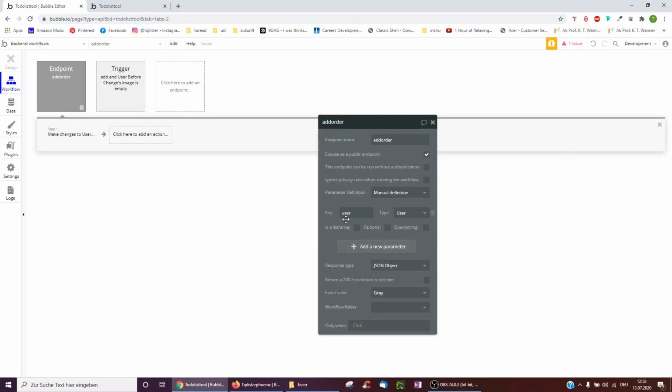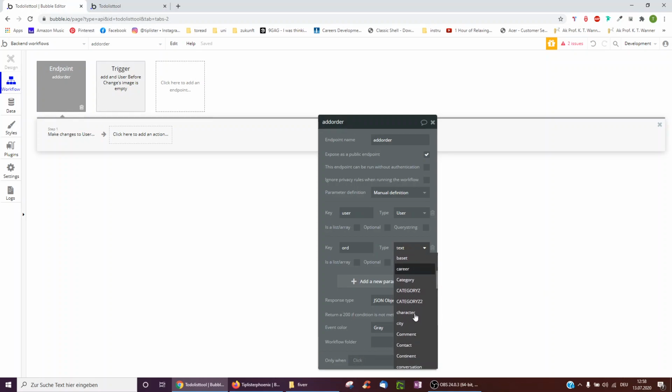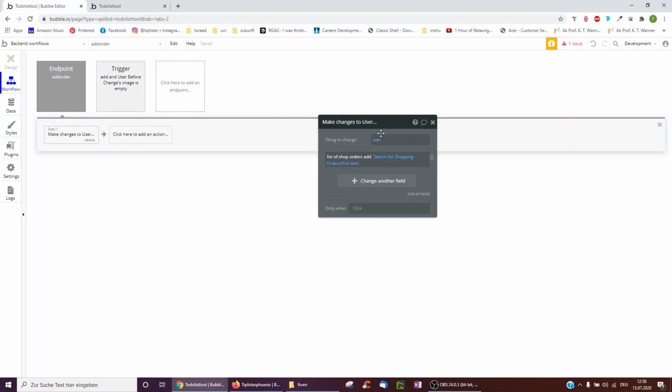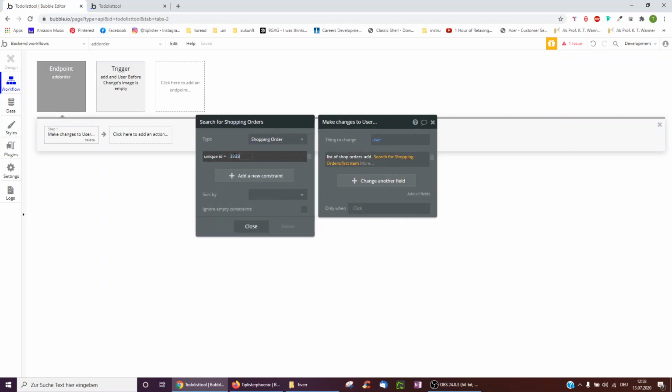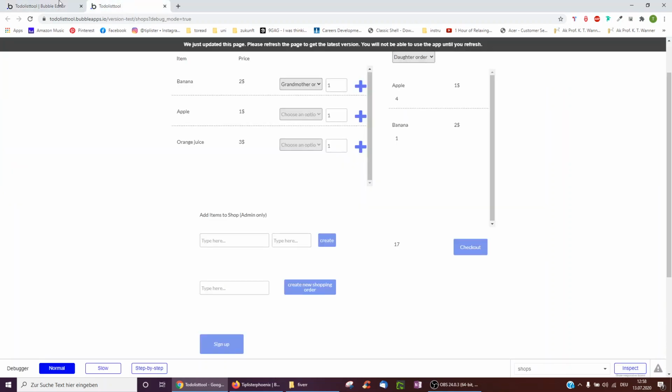Then I might want to have a key and add order items and pass these along maybe from the other page, but this is only for things I pass from the last page to this page. So I could have done that on the earliest one. Okay, and what I want to change now is, so I just click make changes to a thing, the user, and to the shopping orders I want to add, search for shopping orders and the unique ID we've copied now, and therefore upon sign up, always this shopping order, daughter order, which we saw here, is added to